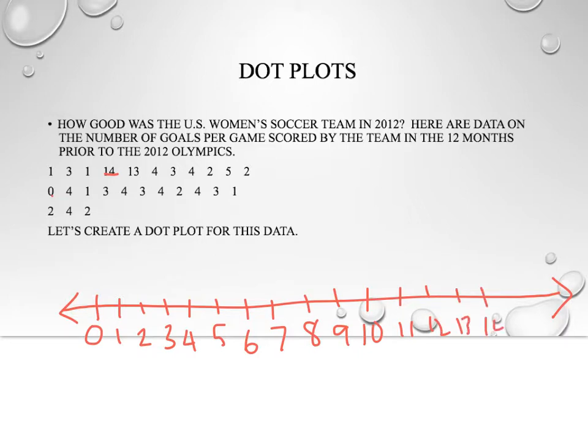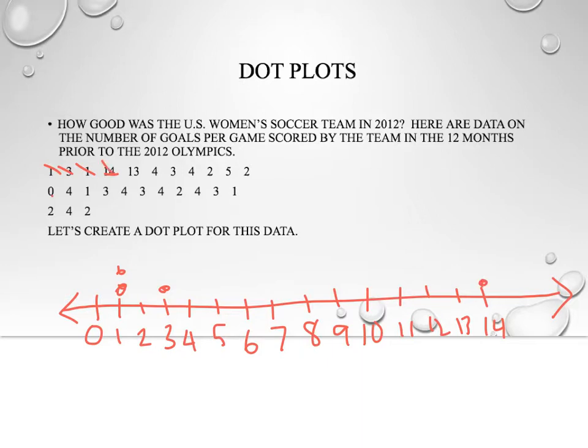Alright, here we go. Now we're just going to go through our points, and for each number we have, we're going to put a dot above it. So our first number is 1, so we're going to put a dot above 1, and then we can cross it off. Alright, then we can go up to 3. Sorry, that's my dog. Then we can go to 1,